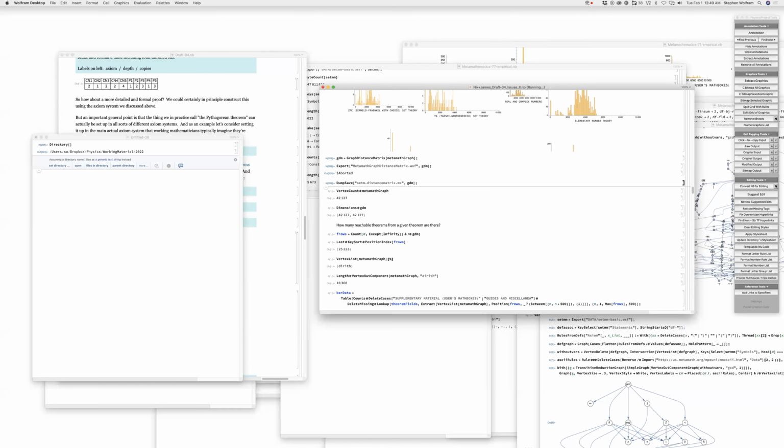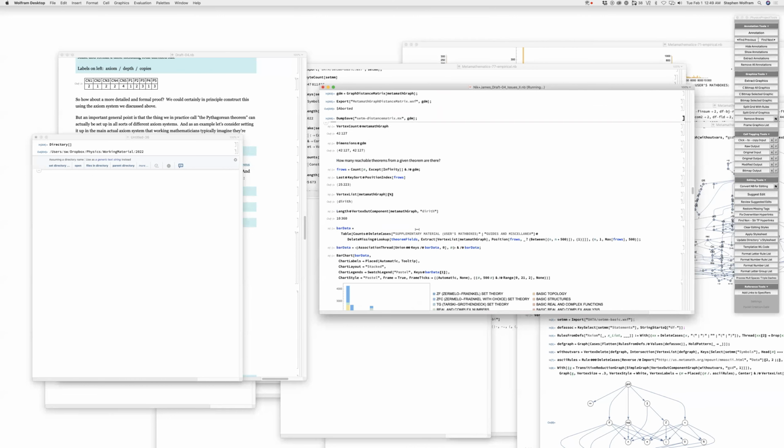That's just serializing out the pure raw data structure. Okay, so when this is done,